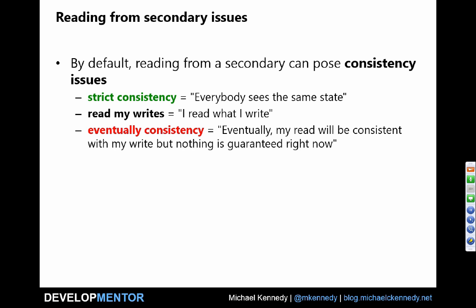So you can run into that when you do this read from secondaries, sort of scale out here with replication. But you can do some tricks, at the cost of sort of reliability, or uptime, I guess, availability, to come up with what I call read my writes reliability, so that person would never be able to perceive that review not being there. Potentially, someone else could come along between the time they said save and the time they believed that was saved and see that the review was not there, but then they refresh and it comes back, or something funky like that. But the person who saved the review would always see that it's there.